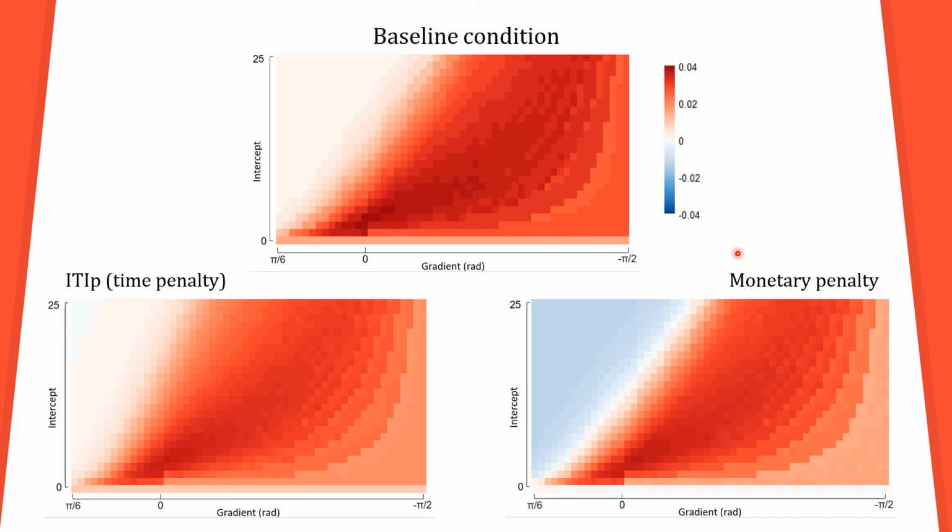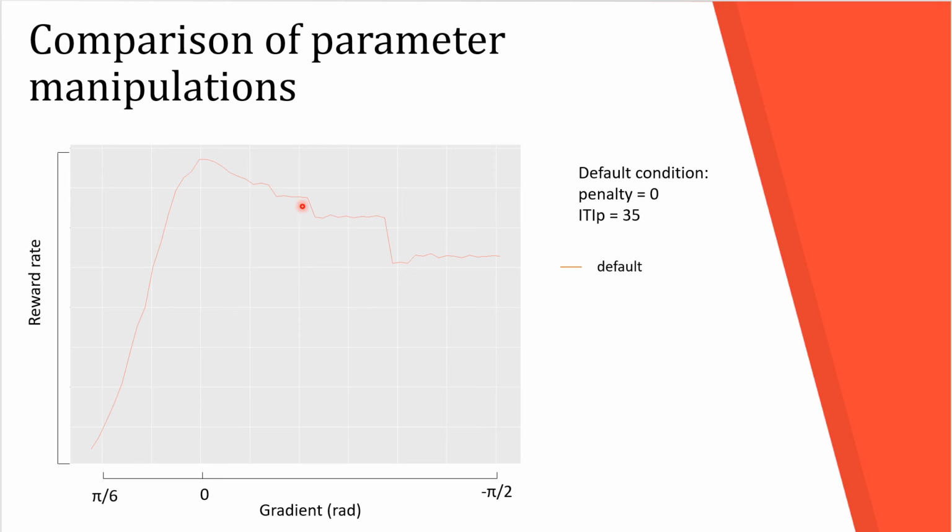This pattern may be better seen in a cross-section across these landscapes, which pass through the optimal policy. First, we can see the baseline condition landscape, with the optimal policy at 0 and an asymmetry in the decrease of reward rate. And for comparison, here is a cross-section of the monetary penalty landscape. Notably, the optimal policy is still very close to 0, but we can observe a significantly steeper decrease in reward rate for thresholds with increasingly more negative gradient. So, it looks like we are able to change the symmetry of the reward landscape, which allows us to make